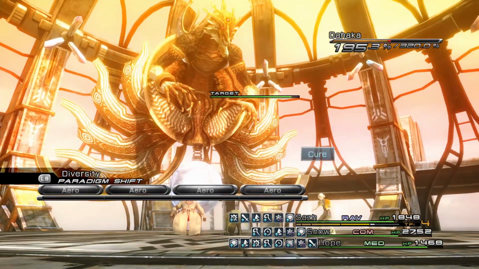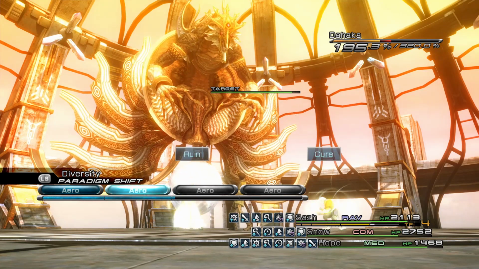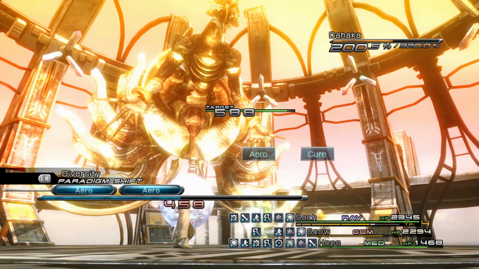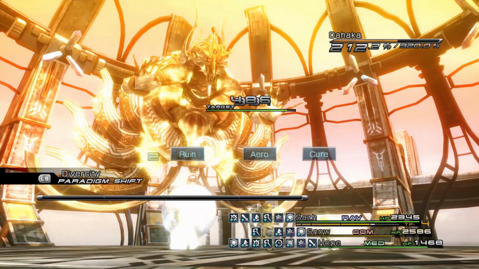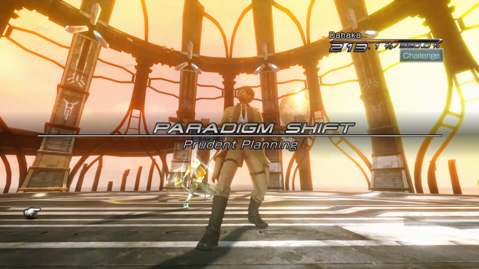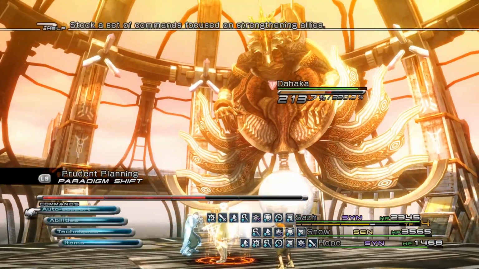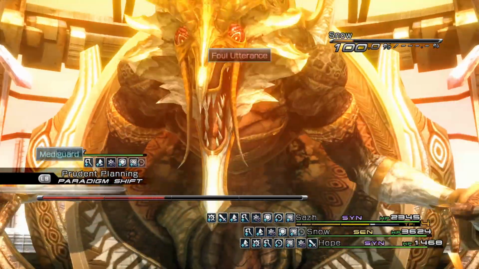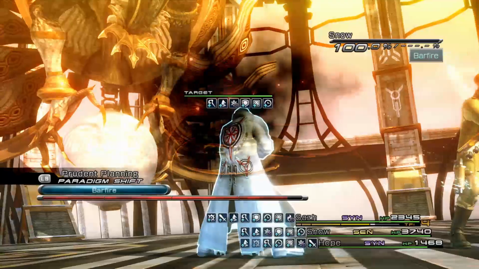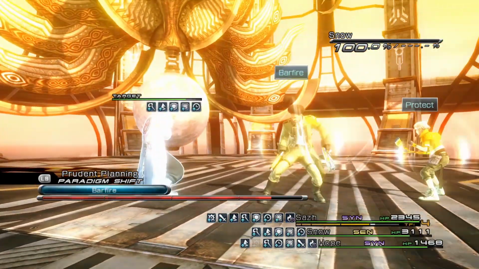Of course that's the situation here. I mean, if it just keeps doing the stuff that it's doing, we will be able to whittle it down eventually. But the thing that I'm worried about is that it's going to add stuff to what it does. I need to get the haste back up. Yeah, bar fire seems better than...